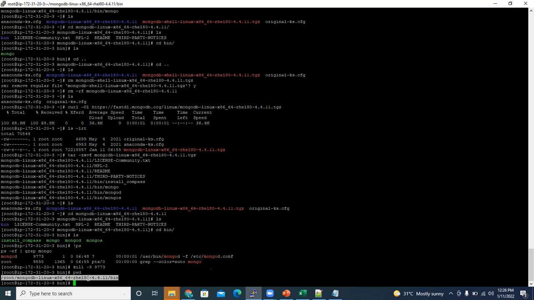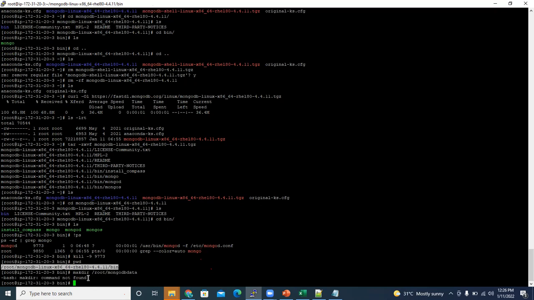Just making a directory now. The mkdir command is to make the directory, /root/mongodb-data. I'm just creating a directory. It should be mkdir.